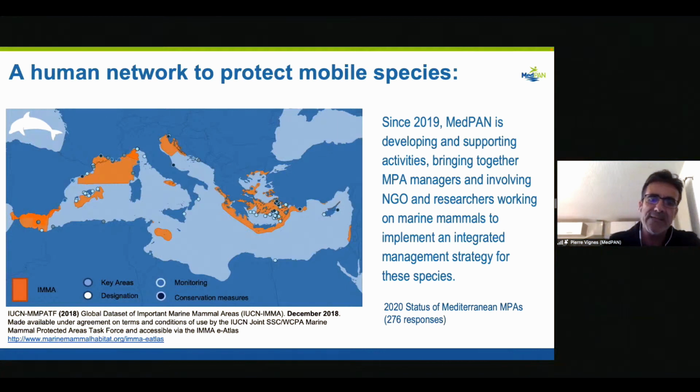So here, what you can see on the map, the orange patches are data that were gathered as a result of a workshop of the IUCN Marine Mammals Important Marine Mammal Areas Task Force in 2016. That was a workshop for identifying these important marine mammal areas. And the map shows how it overlaps with these little dots that are data that we gathered, MedPan together with